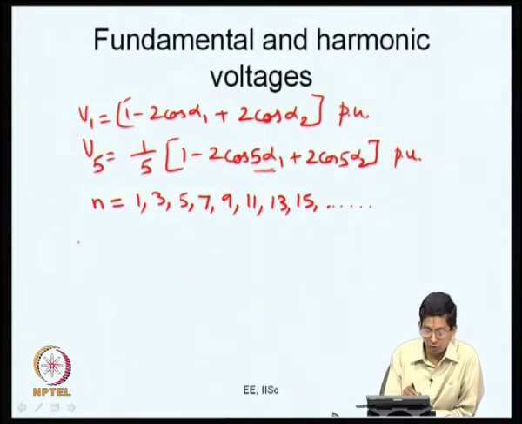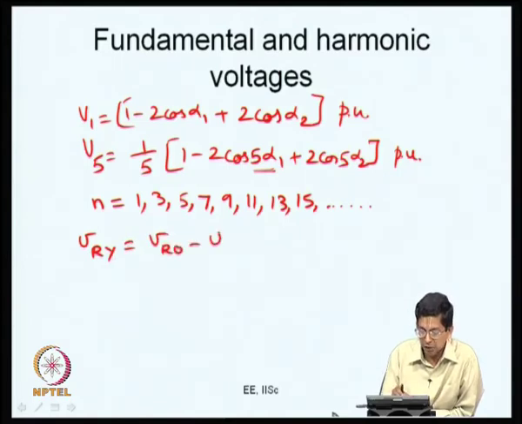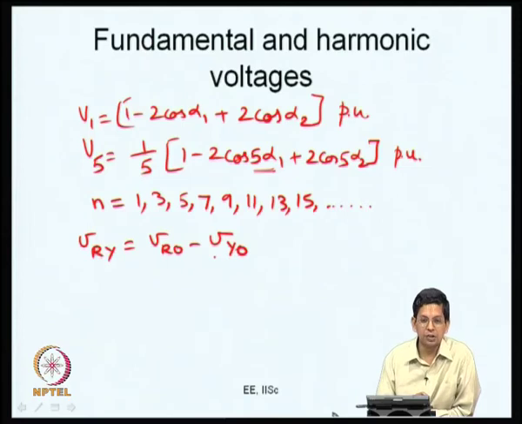Now, what I am going to do is, we are going to apply it to a 3 phase load. We are going to have V R y is equal to V R O minus V y O. Recall the definition of the line voltage. Now, if V R O has a third harmonic component, V y O will also have the same third harmonic component, and V R O and V y O are phase shifted by 120 degrees, and 120 degrees for the fundamental frequency is equal to 360 degrees for the third harmonic. So, the same third harmonic will be available at the same phase in both the waveforms, and when you subtract V R O minus V y O, the third harmonics will get cancelled.